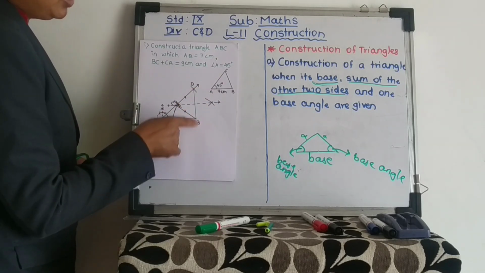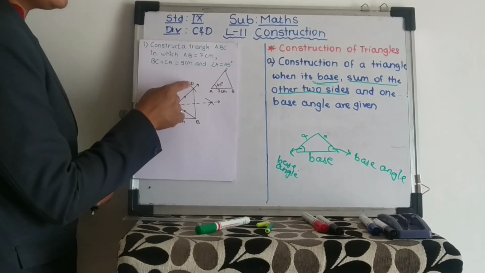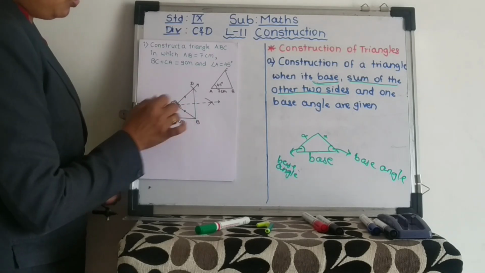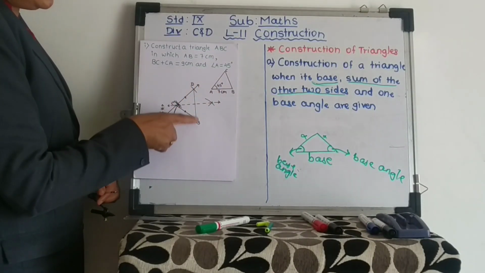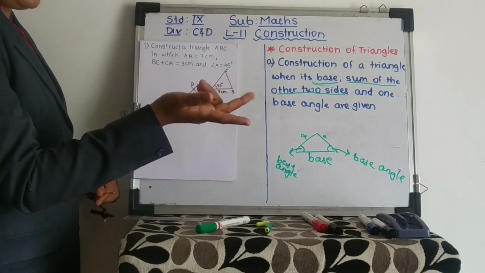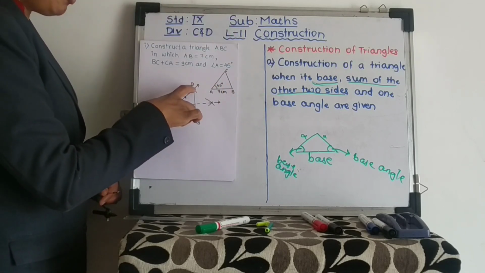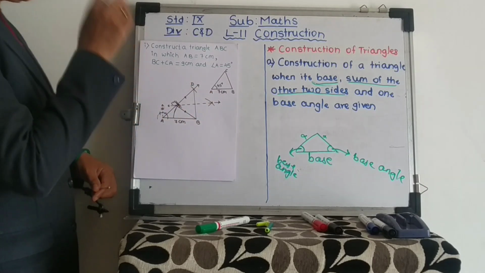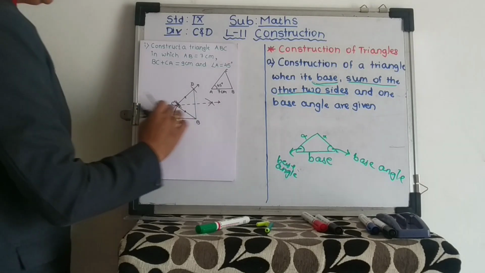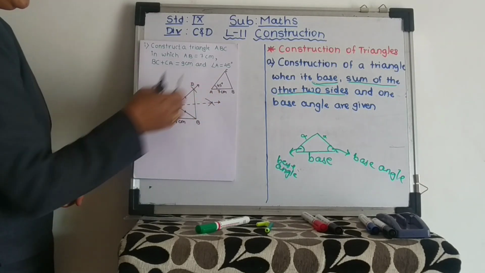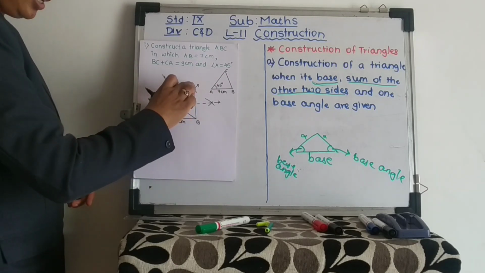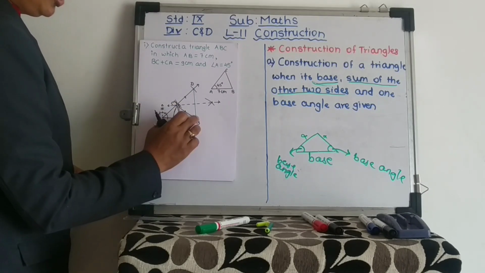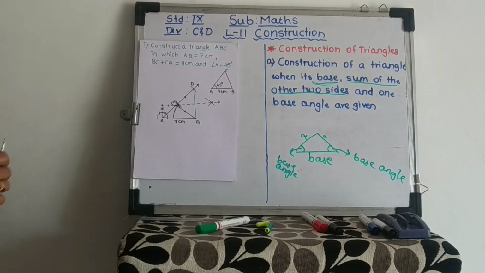Now join B and D. This is not your C point, right? This is a different point we are getting. That is D. Now we are going to draw the bisector of BD, that of the third line, right? The second line we drew is the sum of two sides, and the third side we are drawing, we have to find its bisector. Understood? So where this bisector cuts AD, the line of the sum of the two sides, that point is nothing but the C point. So we will join it so that we have got the triangle ABC.